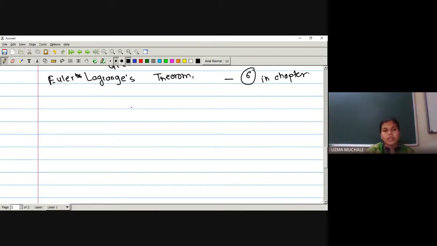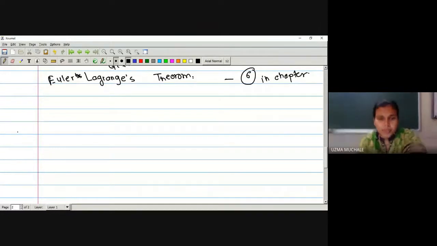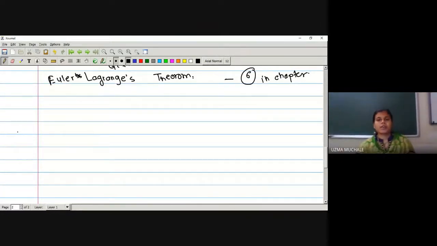So in this way, now everyone look at this Euler-Lagrange theorem very carefully, because I'm going to take only 2 or 3 theorems. Remaining you have to do yourselves, okay? Because it is simply as it is whatever we have seen the first and second time, right? So what is the Euler-Lagrange theorem? We have one statement given to us, and with the help of that we are going to prove one result, and this result is very important for our SET NET examination as well as for theory examinations.